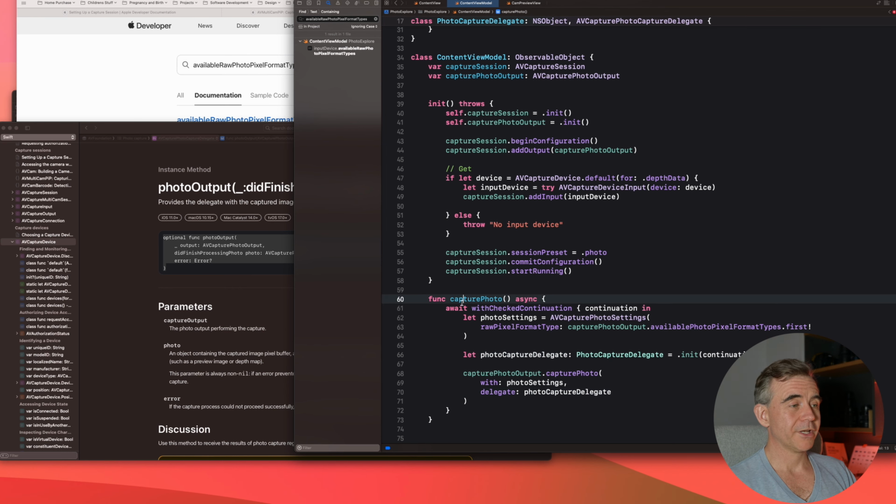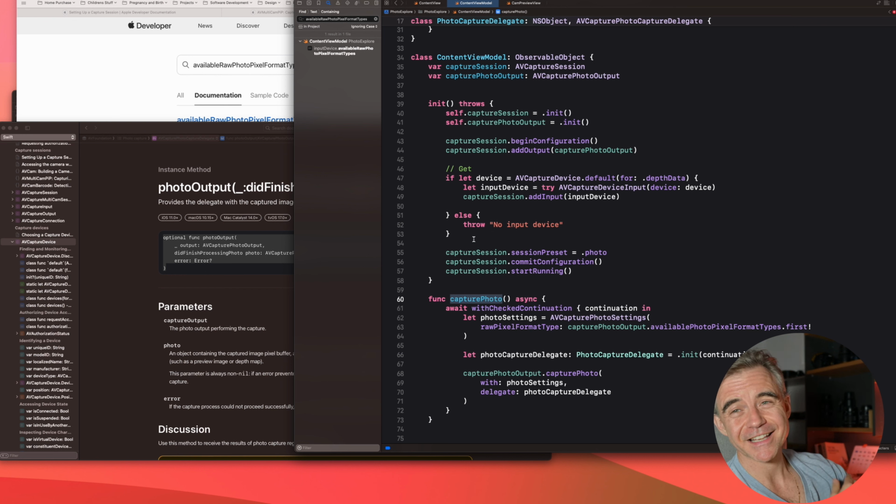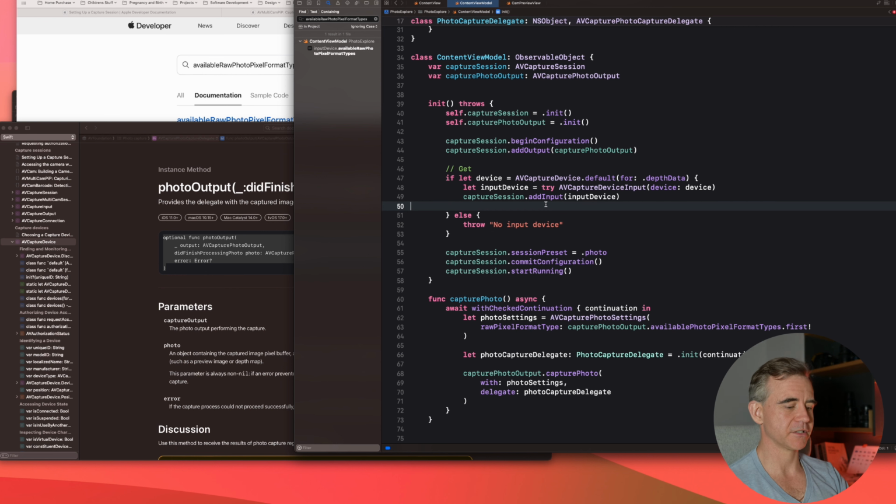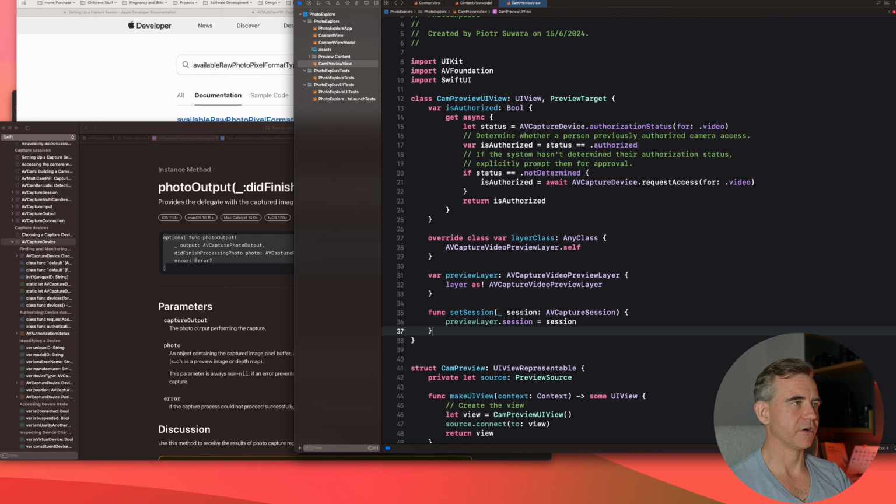Now, we don't have anything to actually display it because the UI view is not set up. So I'm going to continue this next week. Basically what we're going to do is set up the view properly so it actually displays something, and then we're going to add a button that presses this. Actually, look, you know what? Let's just go back here in the content view, and then